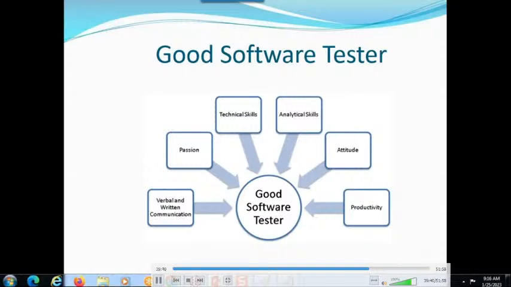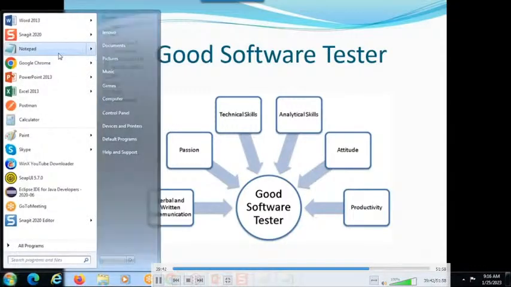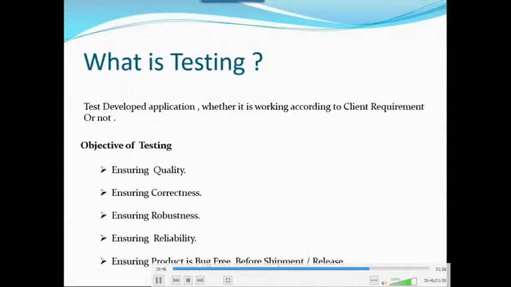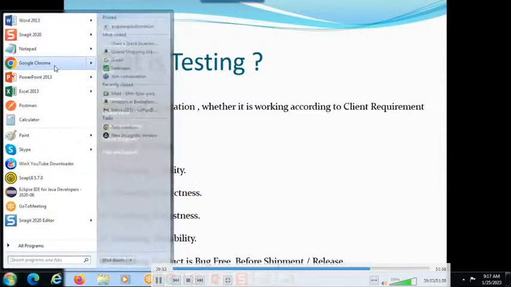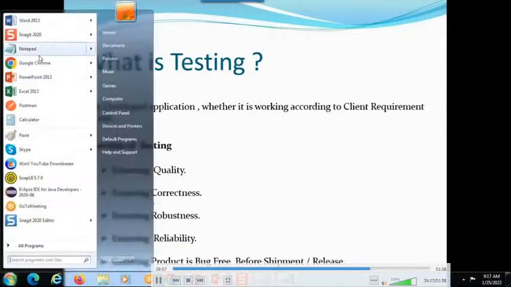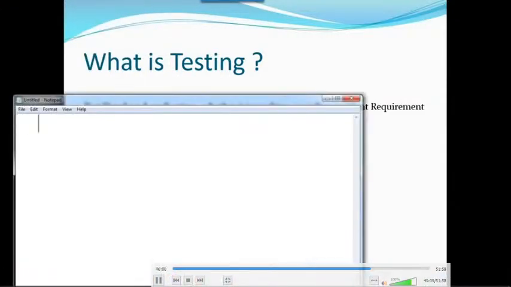Yeah. See, they will give you the requirements. We need to test whether it is working according to the client requirements or not. Based on the requirements, you need to test that application. Now you are working on a cloud application. Suppose they ask you to create a cloud account.